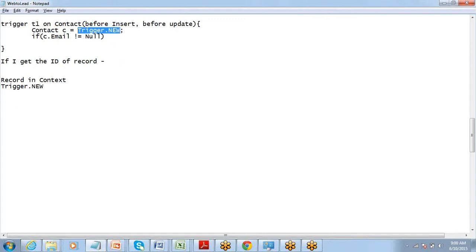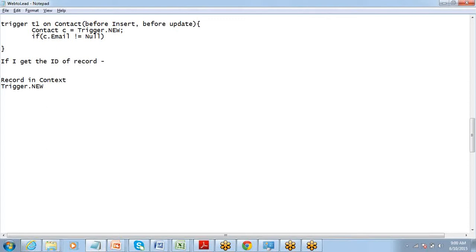So there is a context variable existing for the record which is in context, which is being inserted. So you just define an sObject, Contact c, and assign the value of the context variable into this sObject that you have defined, and then you check for this. If c.email != null, then do whatever you want.